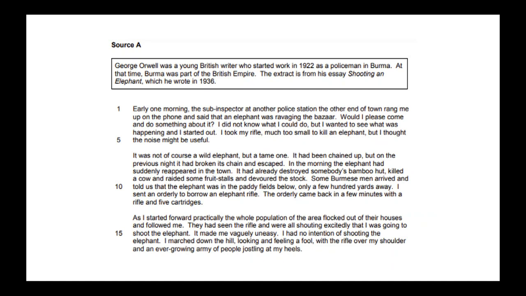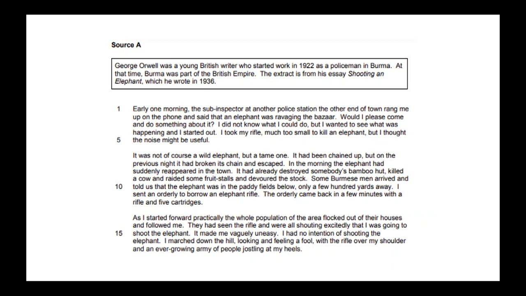George Orwell was a young British writer who started work in 1922 as a policeman in Burma. At that time, Burma was part of the British Empire. The extract is from his essay Shooting an Elephant, which he wrote in 1936. Okay, so